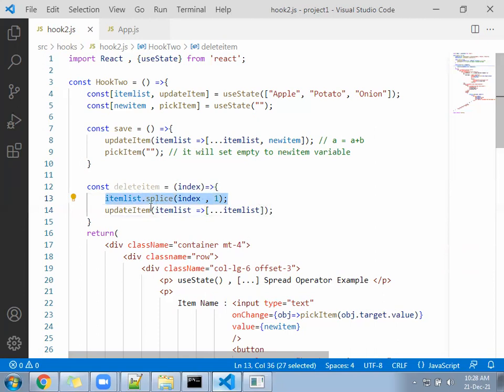Now the available value of a, again you are updating into a itself. We can do a equal to a minus b also. But here what we wrote is, first we deleted the element, and after deleting the element, the available elements we are passing again to the same array with the help of update item. Save it and we'll come to the HTML again.